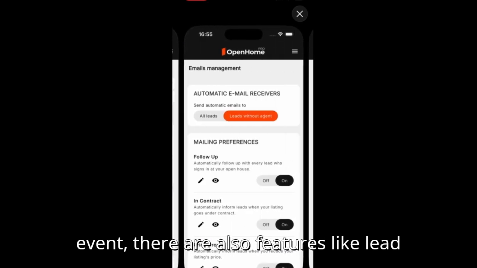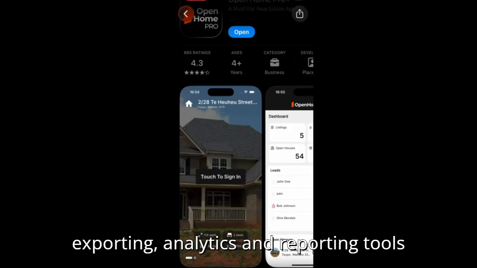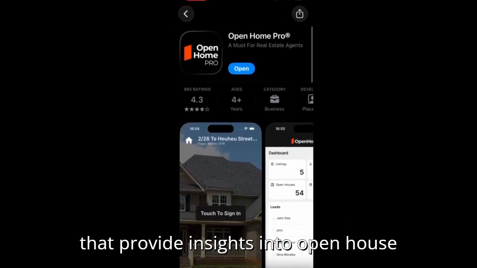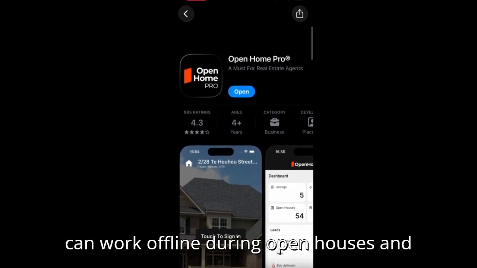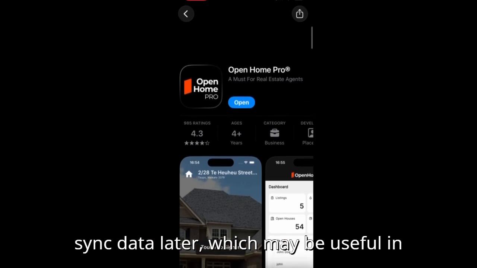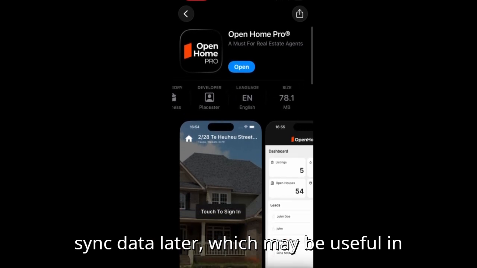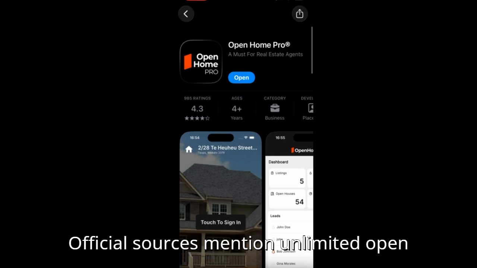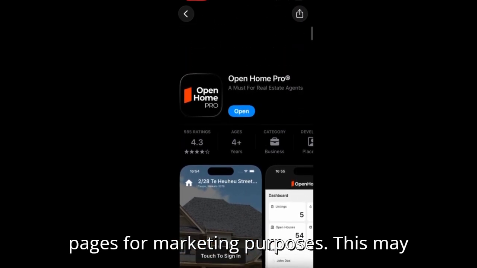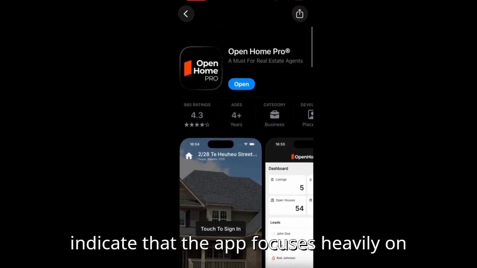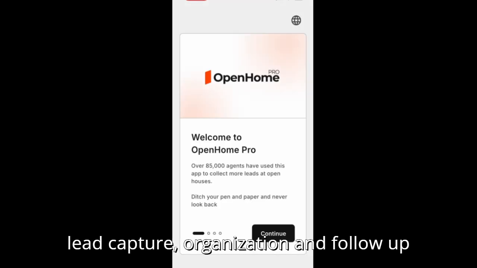There are also features like lead exporting, analytics, and reporting tools that provide insights into open house performance and visitor activity. The app can work offline during open houses and sync data later, which may be useful in areas with limited internet connectivity. Official sources mention unlimited open houses and listings, along with the ability to create shareable property pages for marketing purposes. This may indicate that the app focuses heavily on lead capture, organization, and follow-up rather than full